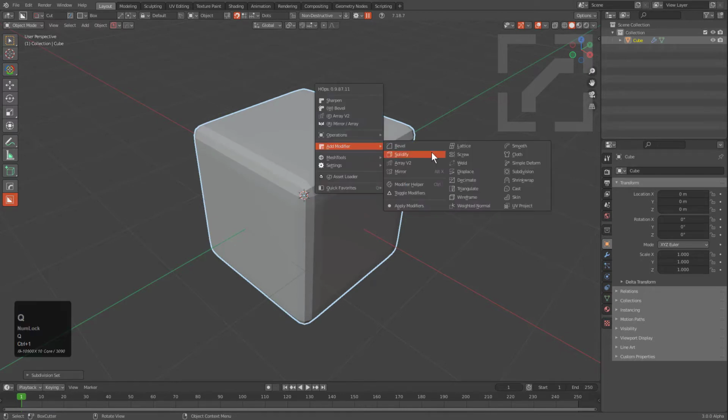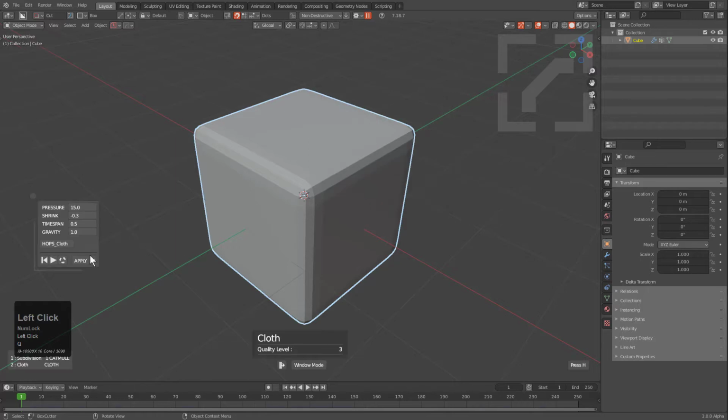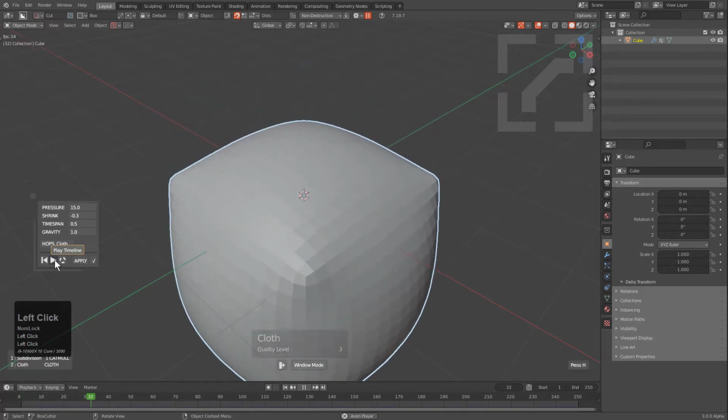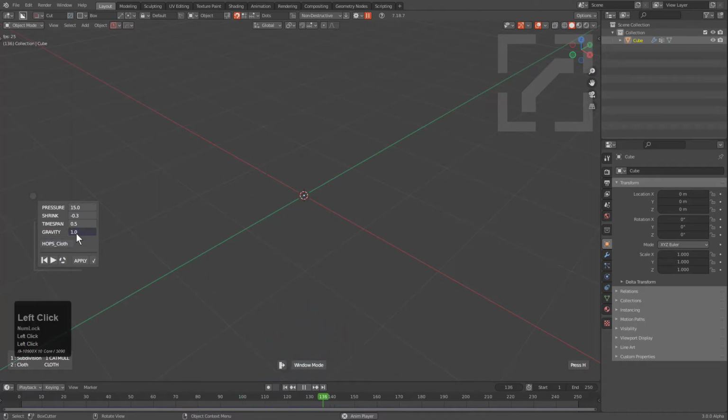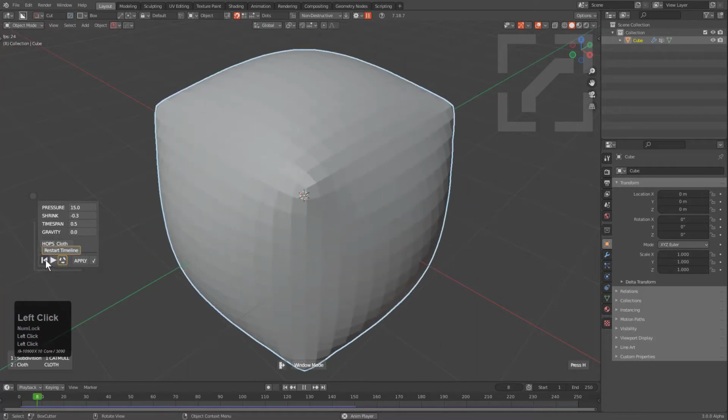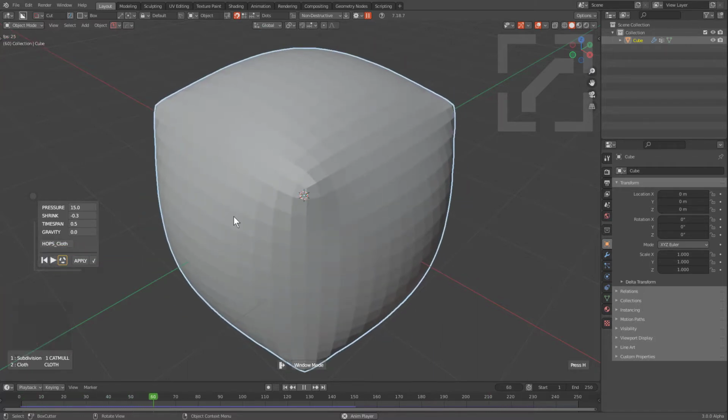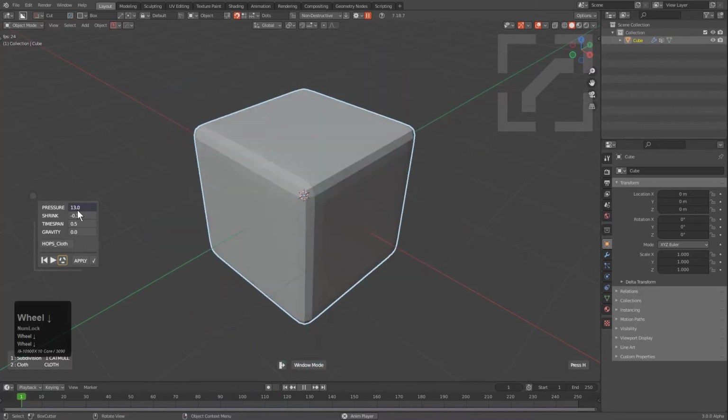If we press Q and go under add modifier, we can add a cloth, and let's just click play. So we see that it's already falling down, and that's because of gravity. So we click on gravity, we're able to type in 0. Let's also set it up to restart our timeline on value changes. So now we have our pillow basically sitting in place because every time we roll the wheel, it'll actually update